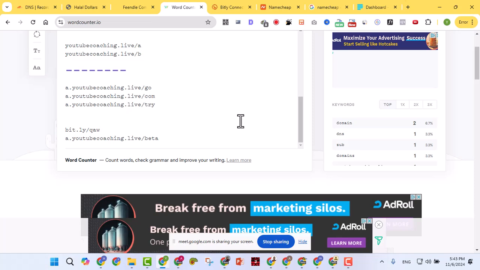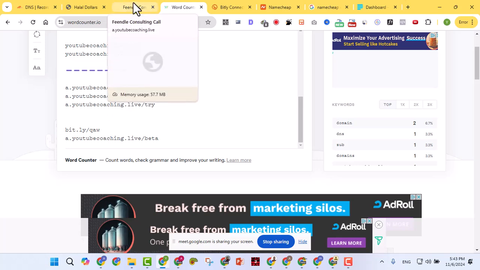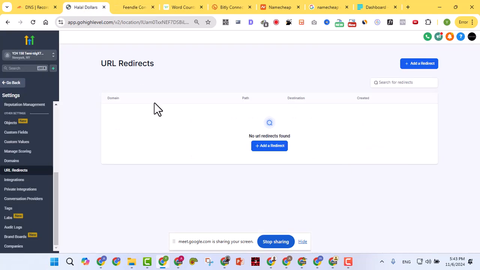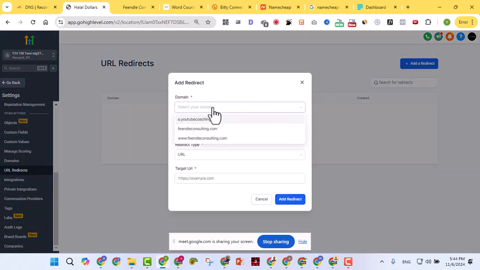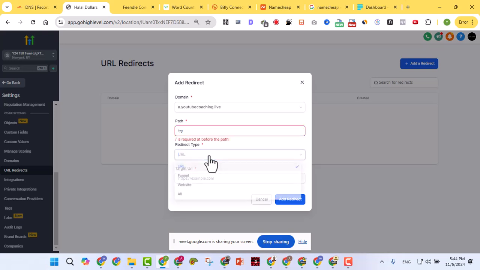But the better way to do that is this. Instead of just using Bitly, it's not professional. Do you understand? You can even pitch people: I saw your flyer and you are putting Bitly there. Why can't you just put your brand name? Because if you connect their domain to Go High Level and you come under this URL redirect, you can just click add redirect. You are going to choose the domain, maybe a.youtubecoaching.live. If you choose it, under this part, you can put maybe try. And under the target,